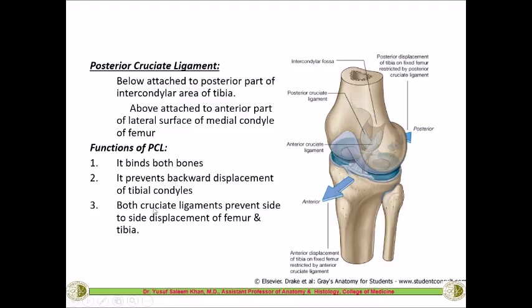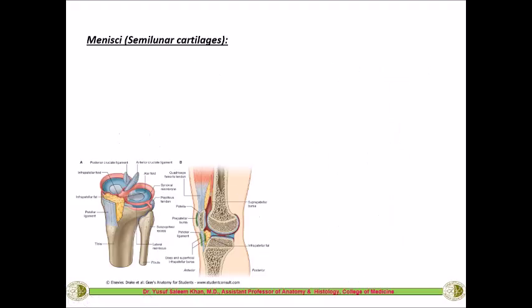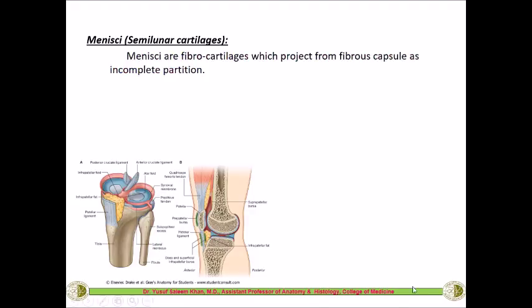Both the cruciate ligaments prevent side to side displacement also. So these ligaments also prevent the side to side displacement of the tibia over the femur. So these are some of the functions of the anterior and posterior cruciate ligament. Coming to the menisci, these are semilunar cartilages you have already seen here. So these are the two